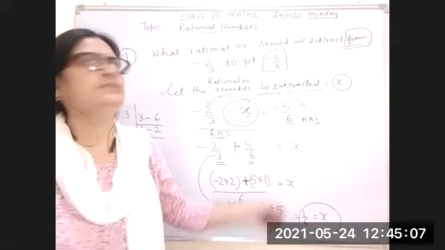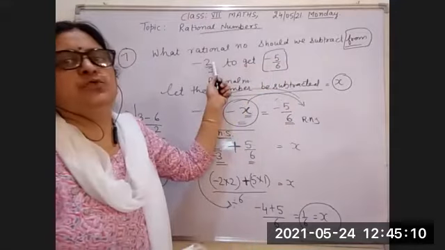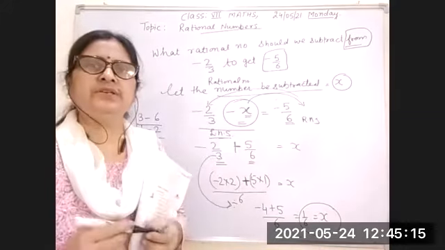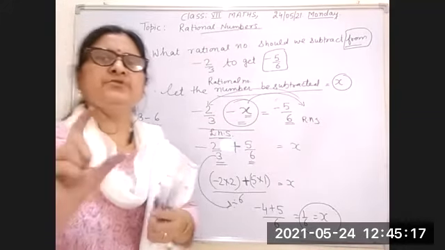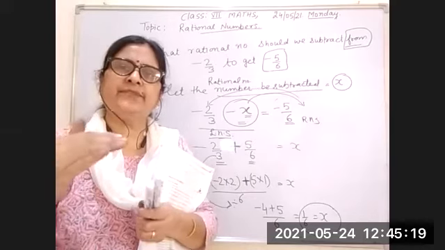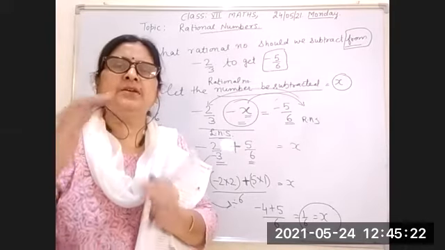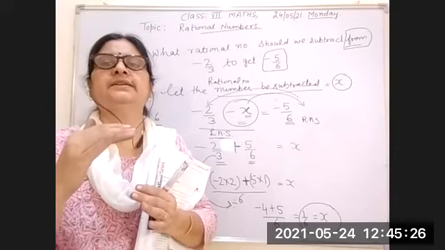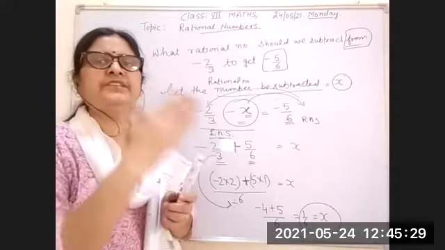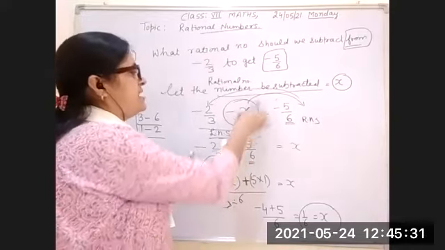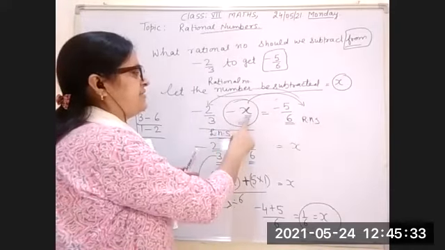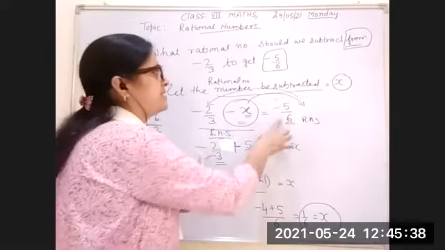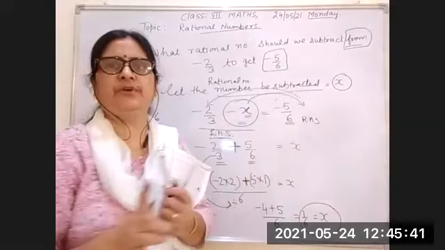When we subtract it from minus 2 upon 3, the result is equal to minus 5 upon 6. When you are subtracting anything from any rational number, when the word "from" is written, you have to write that rational number at the start, and then the rational number I have to subtract. I put the negative sign here, and the rational number I let it be x. And the result is given in the question, minus 5 upon 6.